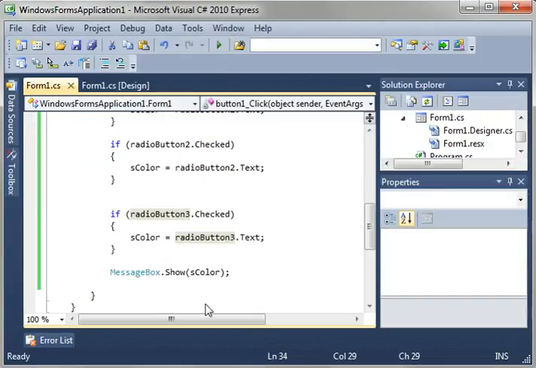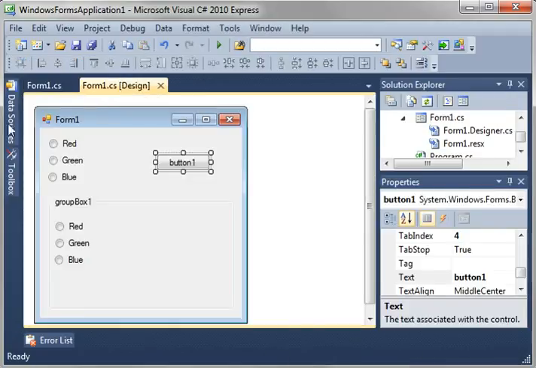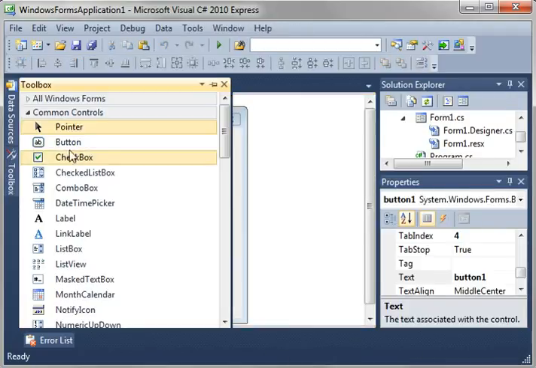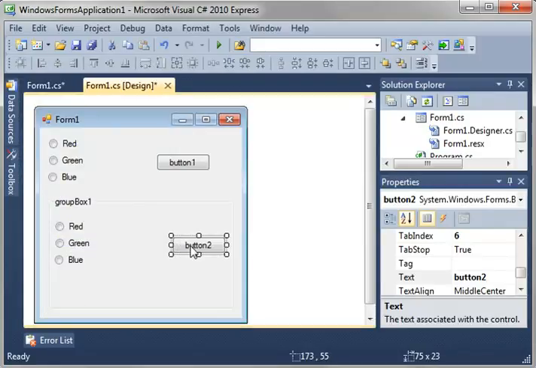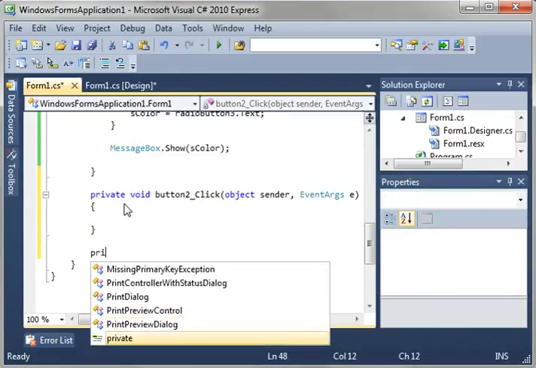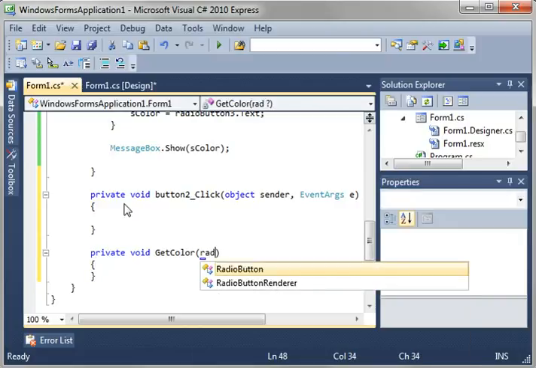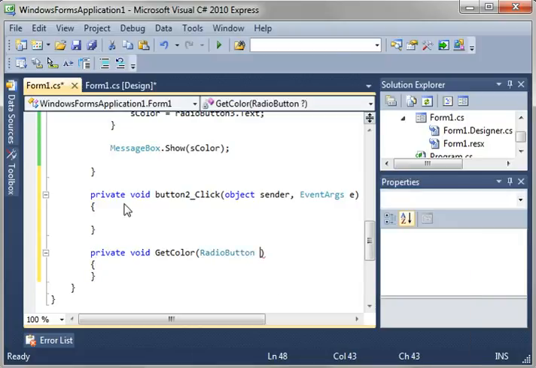So let's find a more advanced yet simpler way of doing this here. Let's throw another button out here. Let's throw it in here. And here's our button 2. Double click that. Now, what I want to do is make a function. We'll call this private void get color. And we want a radio button, and we'll just call this RDO button